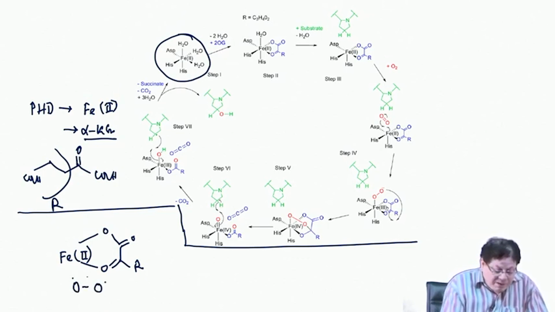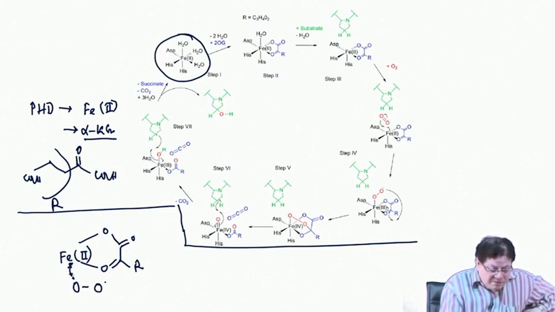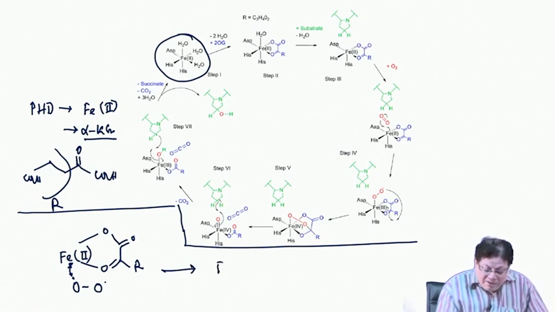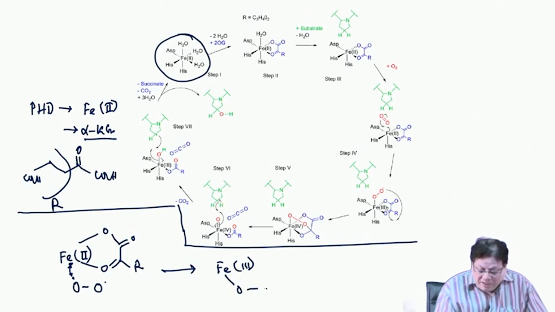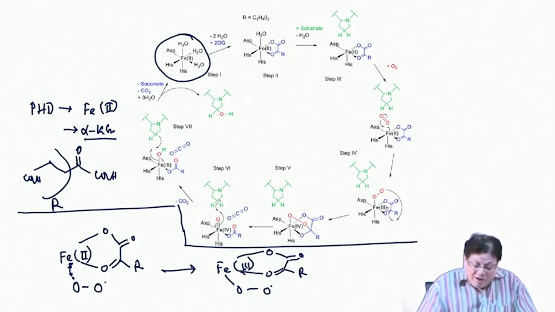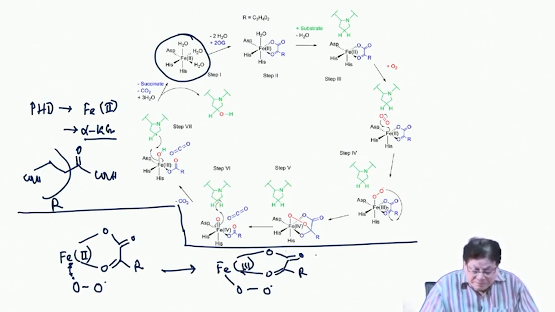So, what will happen? Now, iron will donate 1 electron here and form a covalent bond between this and that. So, this forms a covalent bond, and the iron will be in the +3 oxidation level, and this becomes a peroxo radical, and you have iron, that chelation is still there, the bidentate ligand. So, double bond O R, and this was connected to the iron. Now, what will happen? Now, this radical